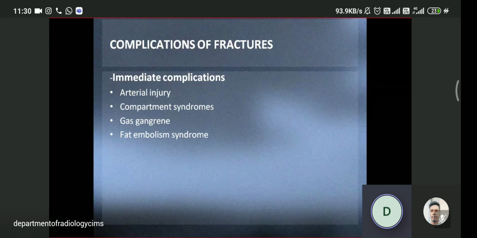He had a fracture of the femur, shaft of femur, and afterwards he was very okay for the first 2 days after fracture. Thereafter he became unconscious and comatose. Why? Because of the fat embolism into his brain parenchyma directly. When the MRI was done, I saw a fat embolism shower, a small punctate shower over the brain parenchyma, and he was comatose for about 1 month, only because of fracture of shaft of femur.